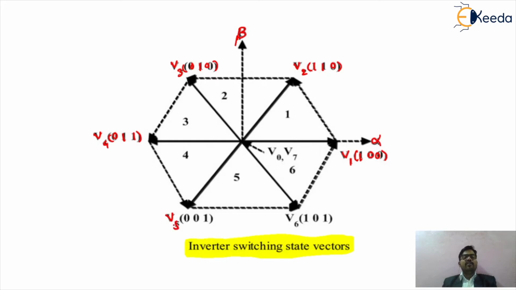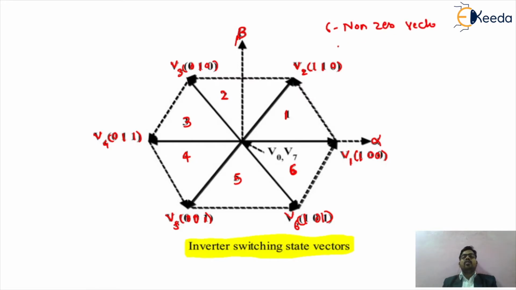At V5 we are getting 0 0 1, and at V6 we are getting the sixth quantity, 1 0 1. These are the different states of your inverter switching. This will be the first, this the second, this the third, this the fourth, this the fifth, and this the sixth. So these are the 6 non-zero vectors,